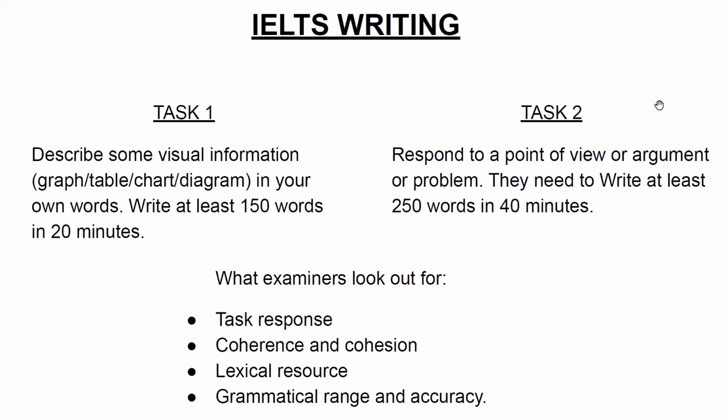That's it. For IELTS writing, we have 2 tasks. We are just trying to assess your writing skills. Task 1 basically deals with you visualizing data. You begin with the data, you visualize it, and then you describe the data. That's basically it. With task 1, you have to write at least 150 words in